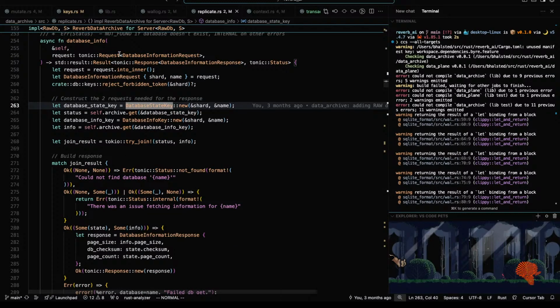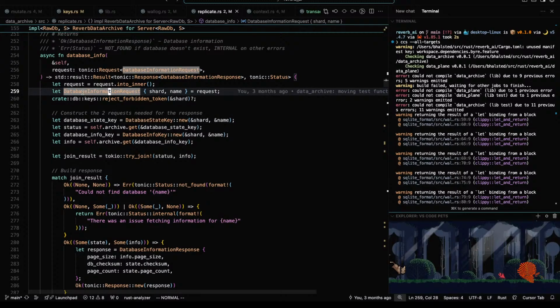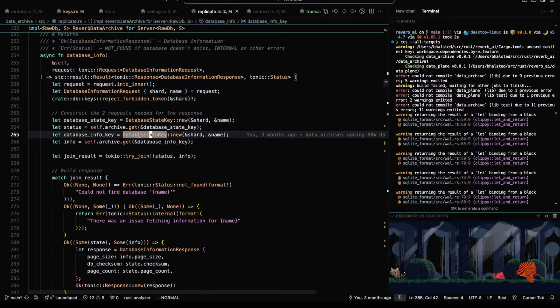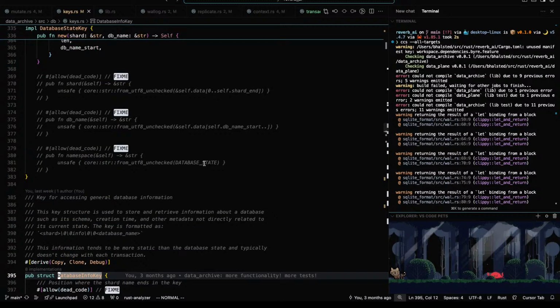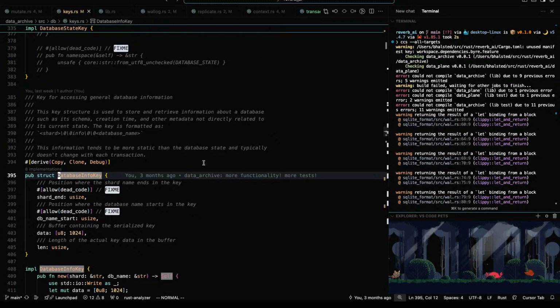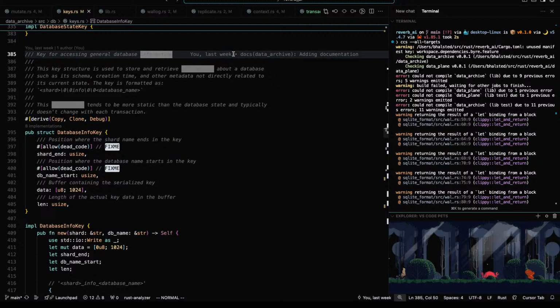Should have been here, right? Database information request, state and info key. Why is this? I deleted this. I thought I deleted this. Apparently that's incorrect.